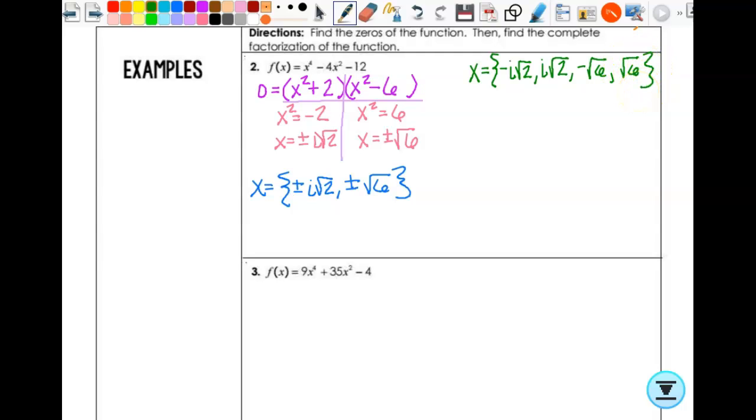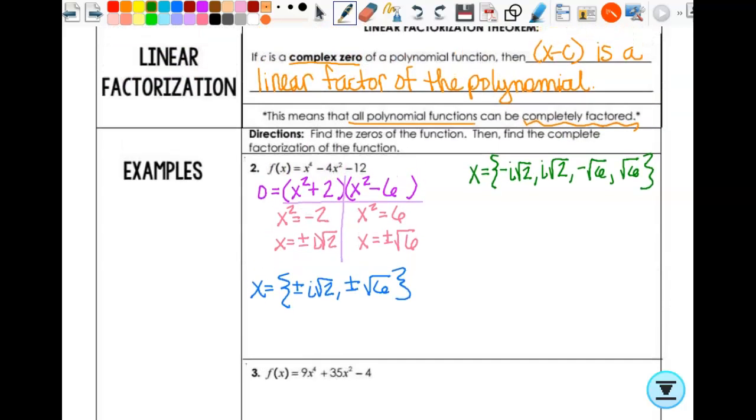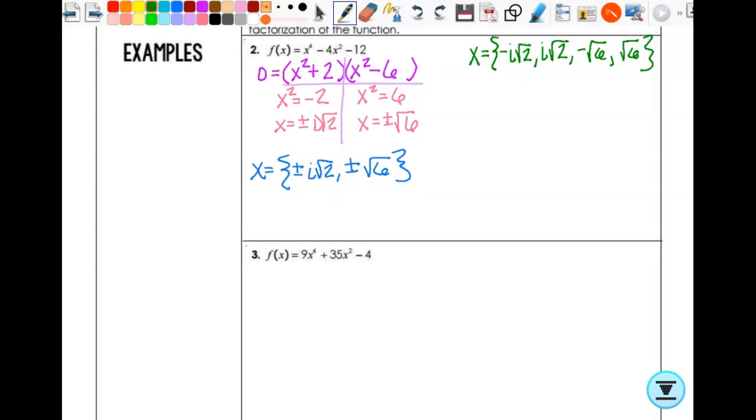Now, you need to pay attention to how we put this into the factorization, because remember, the factor is x minus c, not x plus c, it is x minus c. So when I go to put this in here, I have all my zeros. f of x is equal to, okay, so this will be x minus a negative i times the square root of 2, which becomes x plus i times the square root of 2, times x minus i times the square root of 2,